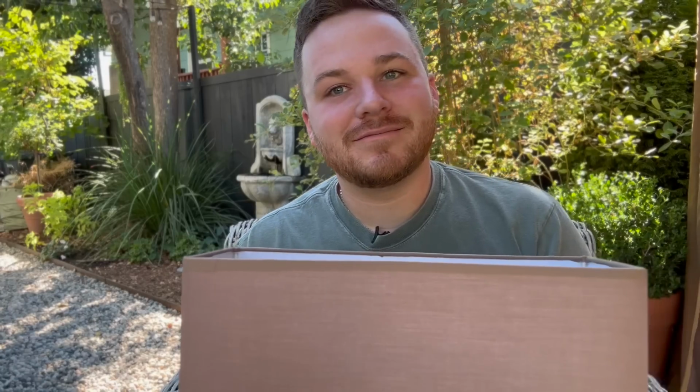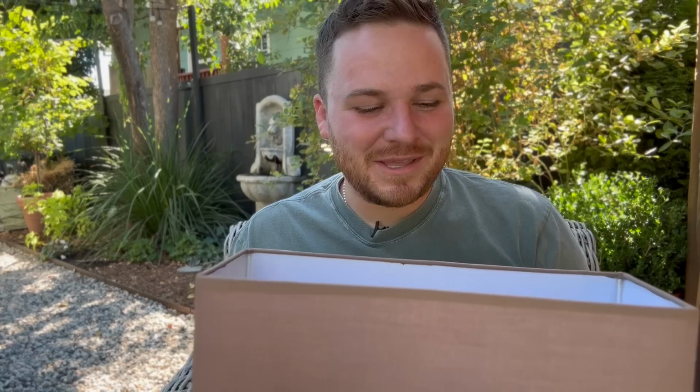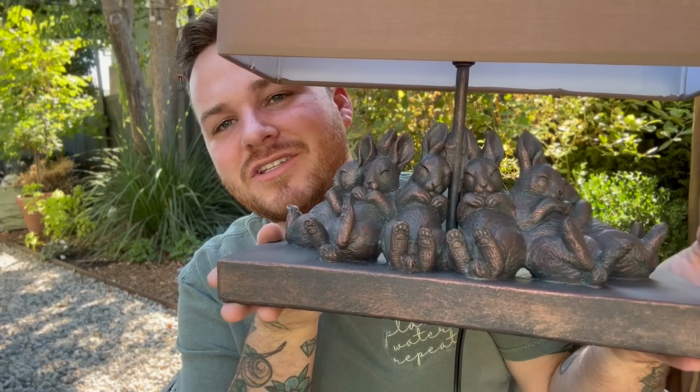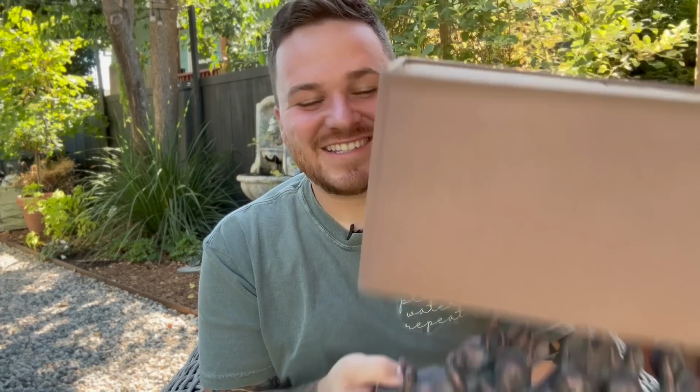It's currently, I just smacked myself in the face. It's currently sitting with all of our books that we have. Well, actually it's sitting with me, but it normally is sitting where all of our books are, and it just creates this very soft, welcome glow. And I don't know, the sleeping bunnies, I just thought they were so incredibly cute. So, most recent purchase. The next purchase that I have is something that I bought 3 years ago, maybe 4 years ago at this point,